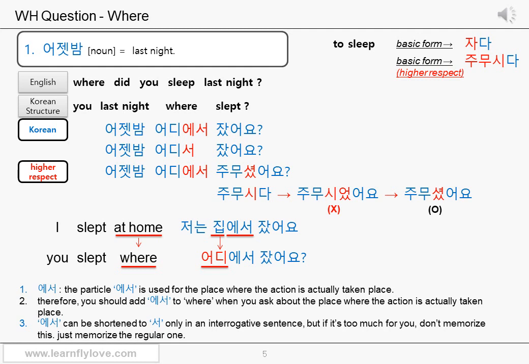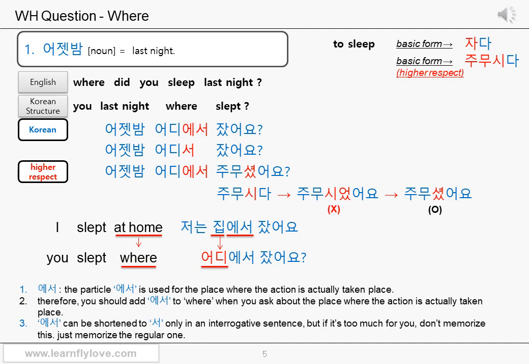Therefore, this is exactly the position where the interrogative "where" is supposed to be placed. And then lastly, the verb "slept." You, last night, where, slept. We don't need "you." Last night, 어젯밤, where,